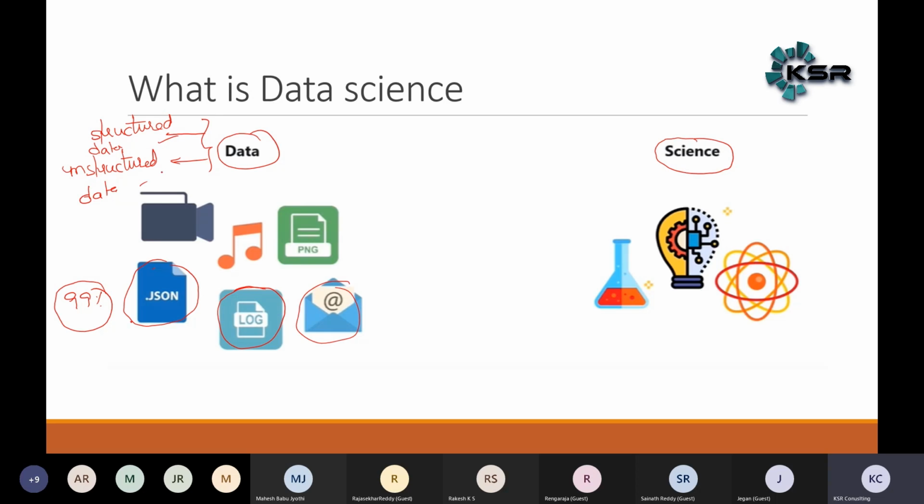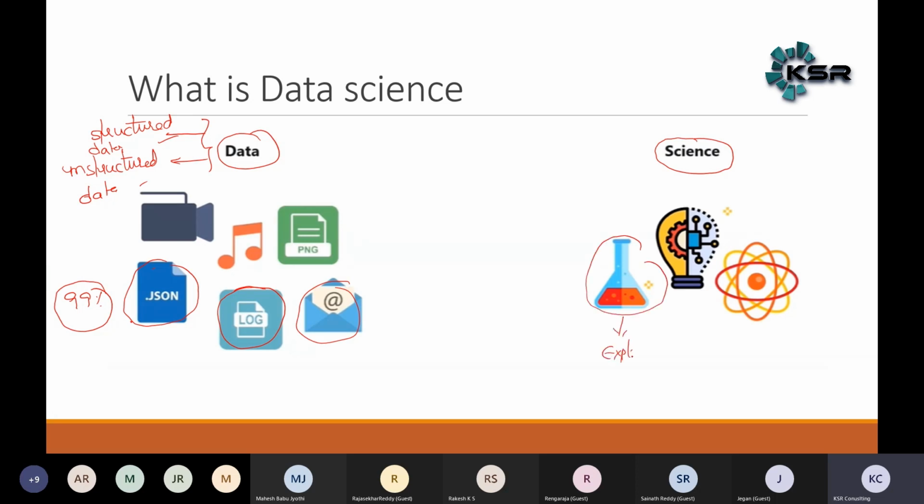Whereas unstructured data, as we already discussed, is any data in the form of audio, video, image, JSON file and all. Alright, this is about the data side. On the other side, we are discussing the science. Science is a process of